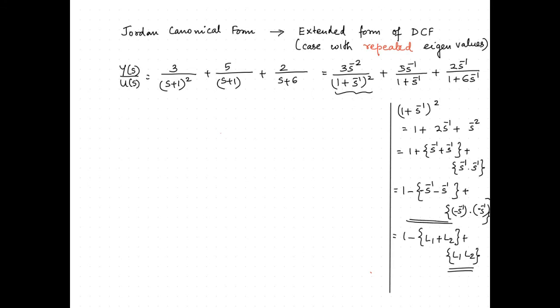If you look at this, you can see that this may be treated as two loops L1 and L2 which are non-touching in one. If you consider a loop system like this with path gain 3s^-2 and loops like s^-1 into s^-1, negative s^-1, we can have a signal flow graph in this form. While dealing with the Jordan canonical form, we just exempt the assumption that there are no non-touching loops in the signal flow graph being drawn.